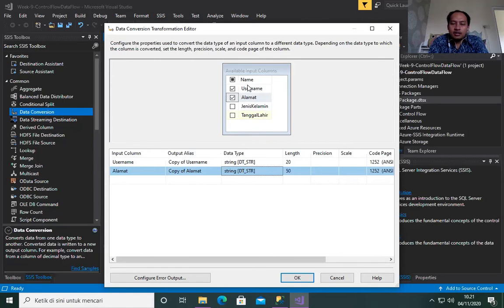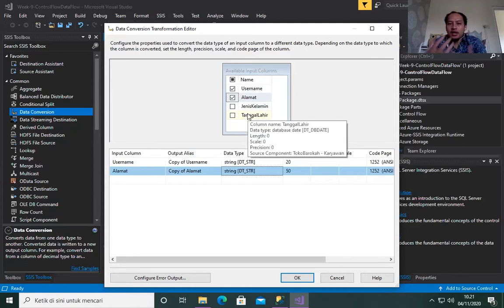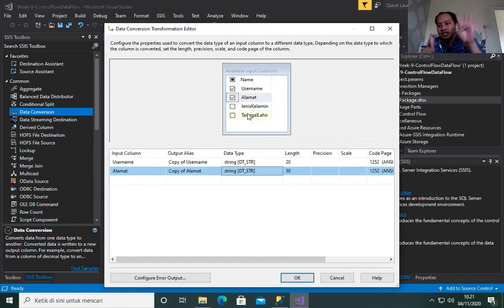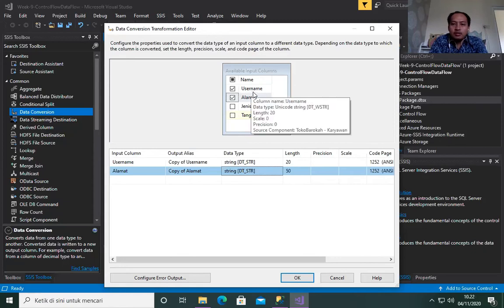The input columns originally consist of 4 columns: username, alamat, jenis kelamin, and tanggal lahir. After we do our data conversion, it will become 6. Why 6? Because we convert these two columns, username and alamat, so we add 2 new columns.